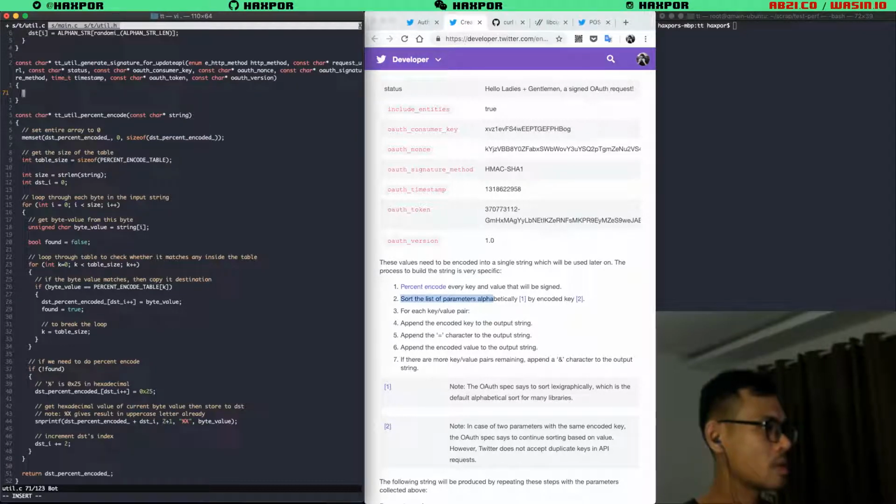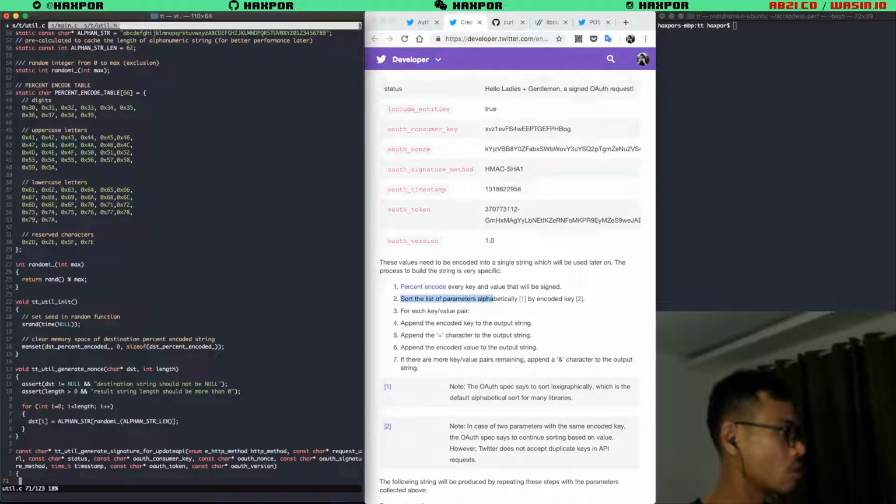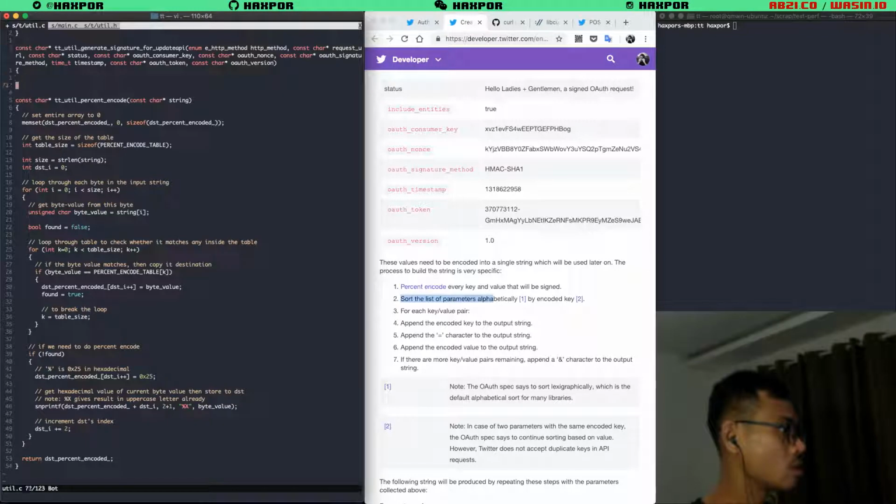Status first. We need to percent encode. So we may have to define the buffer for this, a resource string.